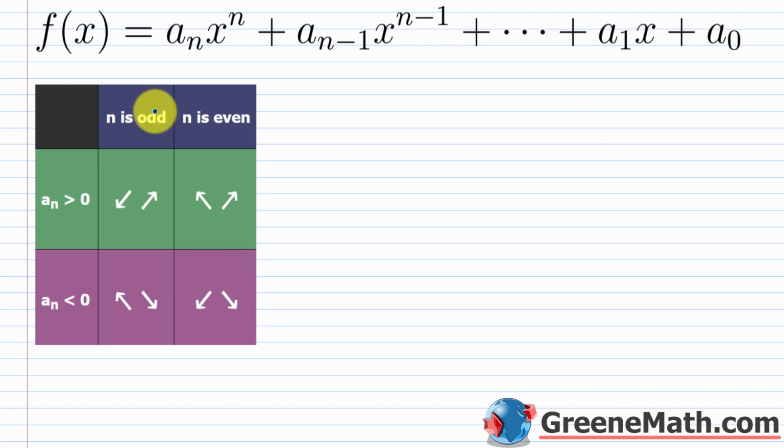So notice that in this column right here, so again, this is when n is odd, you have opposite behavior. So this is falling to the left and rising to the right. This is rising to the left and falling to the right. Then when n is even, again, you have the same behavior. So rising to the left and rising to the right, and then down here, falling to the left and falling